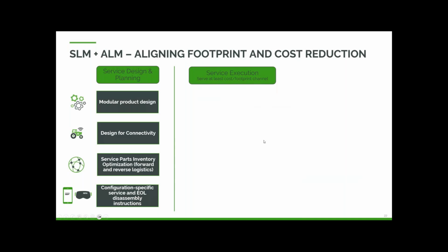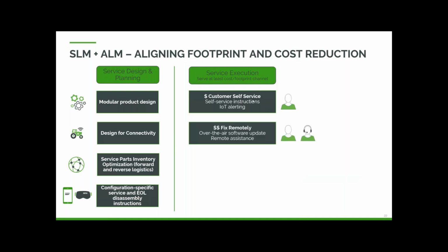quality manufacturing and service. So on the service execution side, the best, least expensive channel is if the customer can serve it themselves. The next would be if you have to fix it remotely. And the only way you're going to fix a product remotely is if it's a software fix, because you can't change parts on your own or remotely. So